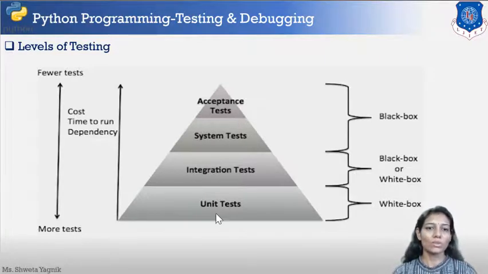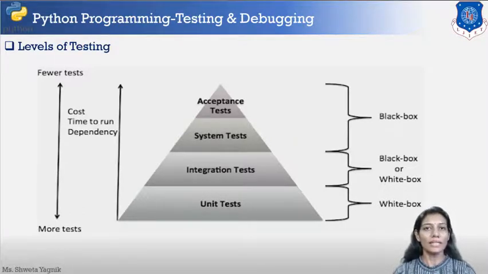In unit testing, you can expect a larger number of tests because you are at the bottom level. But as you go up in development, fewer tests are required. However, the cost, in terms of time or money involved, goes higher as you move from unit test to acceptance test. So cost will increase. I hope you are clear with all the levels of testing and how they impact each other.